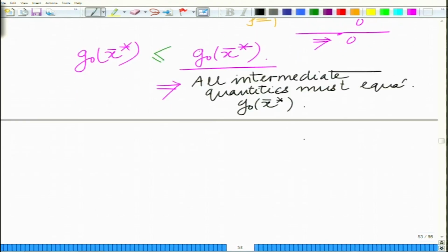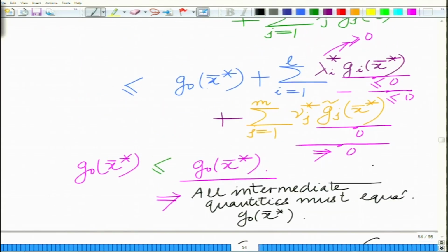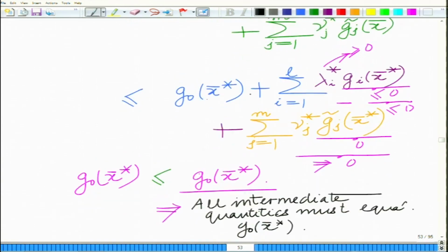This is very simple. For instance, if you have the inequality 5 less than or equal to x less than or equal to y less than or equal to 5, there is only one possibility, that is x equals 5, y equals 5. Similarly, if you follow this chain of arguments towards both ends of g naught x bar star, all the intermediate quantities must be g naught x bar star, and therefore, this implies in particular